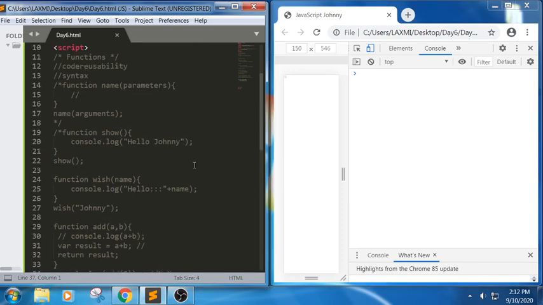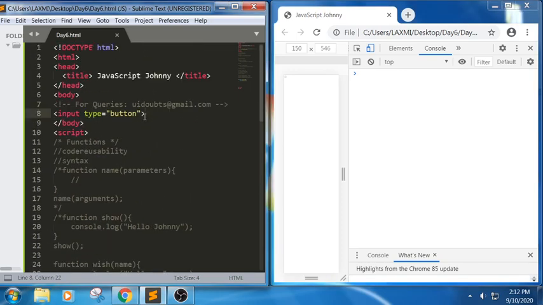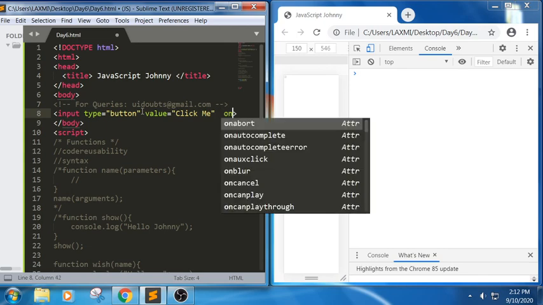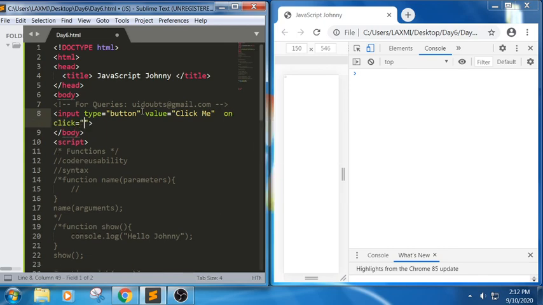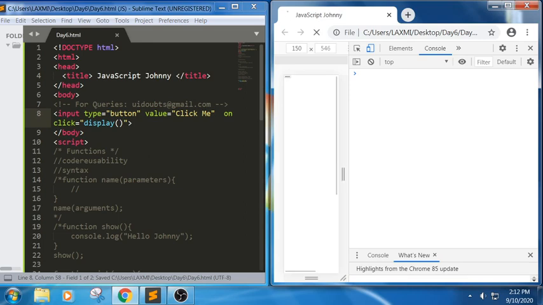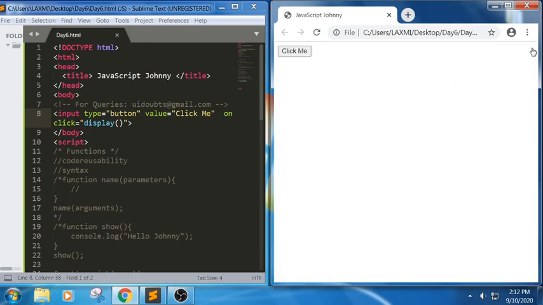Now when the user clicks on this button, it should be able to perform some operation. So there we can use something called onclick. Onclick is an event. Onclick equals display open parenthesis and close parenthesis, that is the brackets, sorry. So when I use this, see here we got click me, we have used display here.